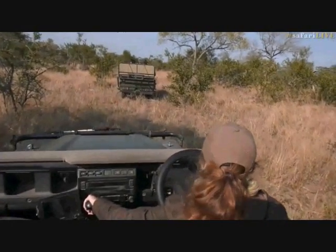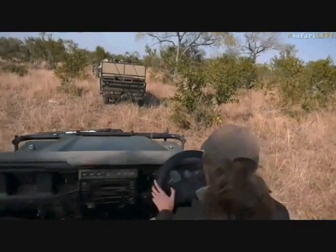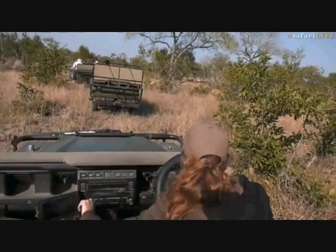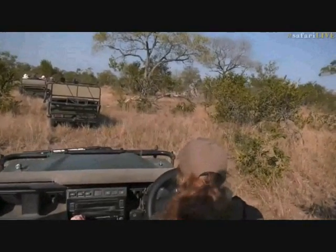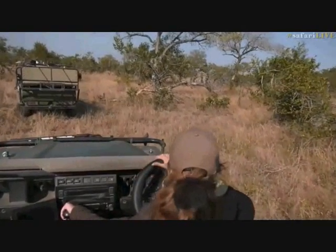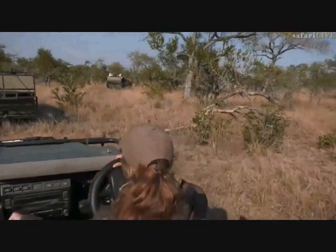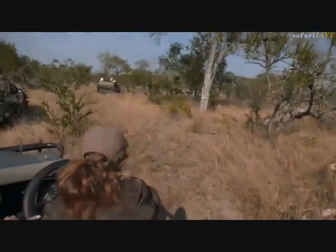Lots of other marulas around here. I wonder if maybe she's gonna try to climb a different one. Let's see. I can't see her for now. I think she's gone further ahead of us. I can't see her from here. Alright, we will definitely get...